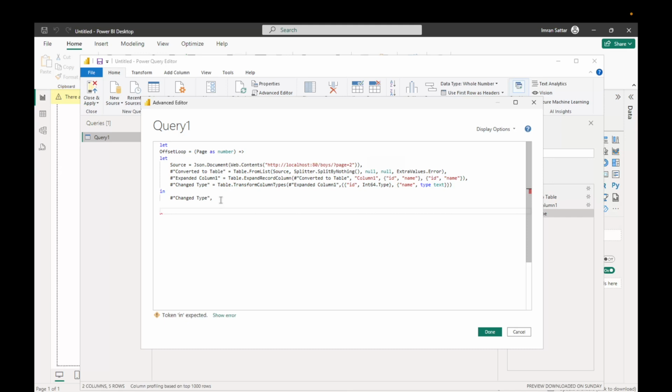So I'm going to generate a list. And this is my list generate function. No parameters passed through here. So I'm going to declare a result, which is try the offset loop function where page equals to 0. So I'm passing the parameter number as 0 for the first try. If it's null, then end at page equals to 0. If it's not null,